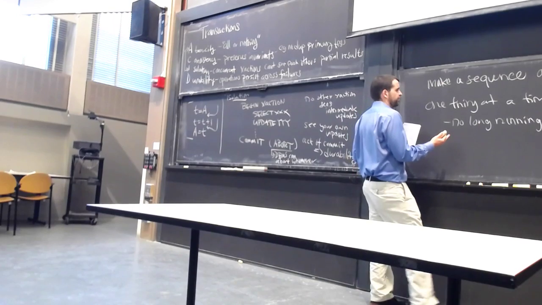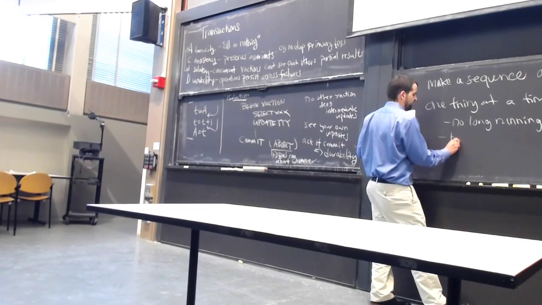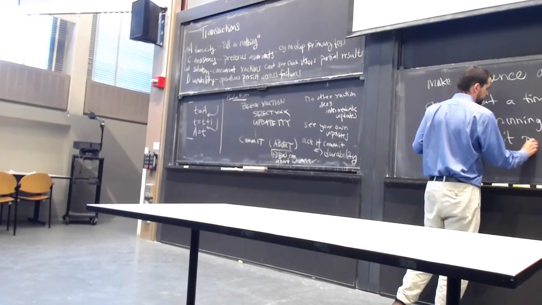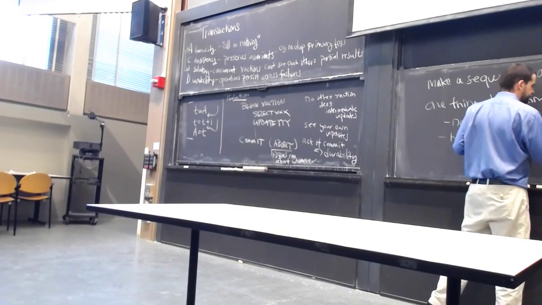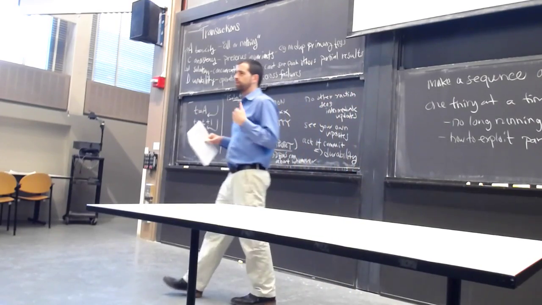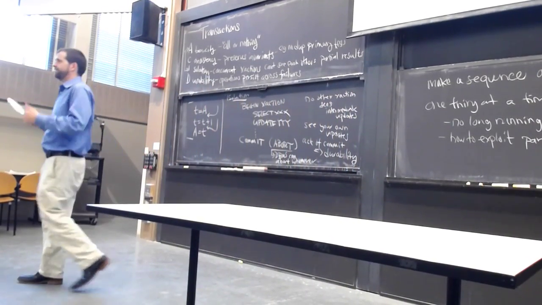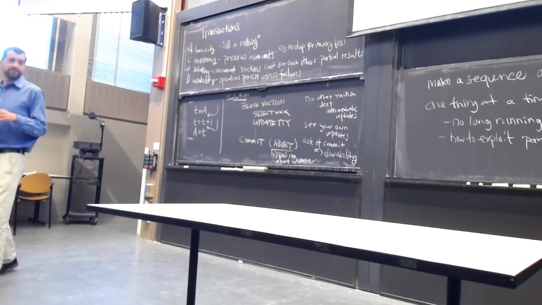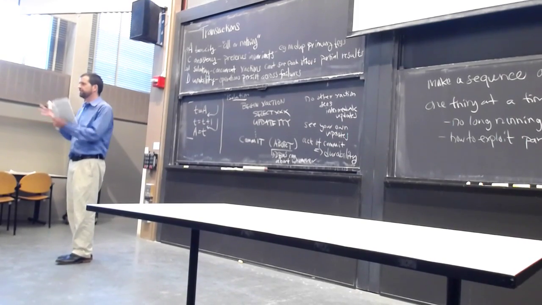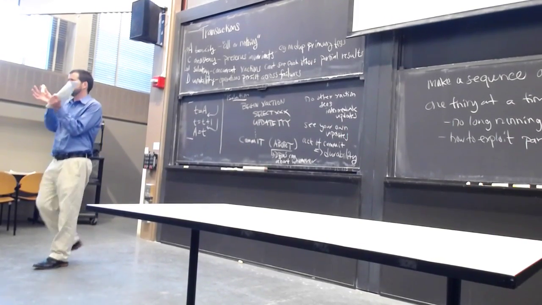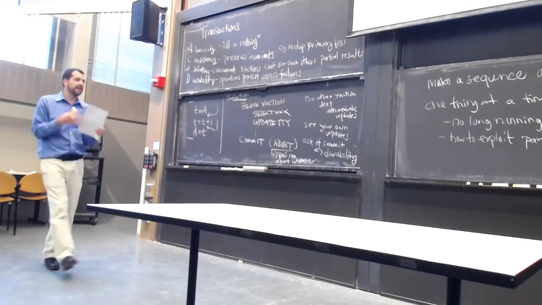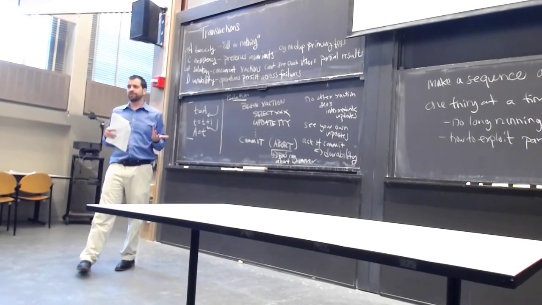Okay, the other problem with this, as we discussed last time, is how to exploit parallel hardware. Right, so I'd like to have multiple cores working to process multiple transactions at a time, take advantage of the fact that I have this fancy modern machine with lots and lots of processors in it. And of course, again, you can take the HStore perspective and say, well, we'll just somehow figure out how to partition this into a bunch of little mini databases or shards or whatever you want to call them, and we'll run one processor per shard. But again, as we discussed last time, this isn't necessarily a completely general solution.